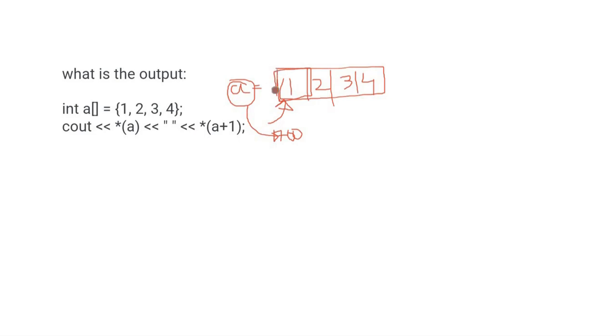Therefore star means it would dereference, it would go to 700 and dereference the value by reading 4 bytes from this address, that is 700 address. Therefore the first value that would be printed is 1. Now A is actually a kind of pointer to the 0th index, so A plus 1 will be the pointer to first index, so this is A plus 1. That means on dereferencing it, we would get the value stored inside it, which is 2.